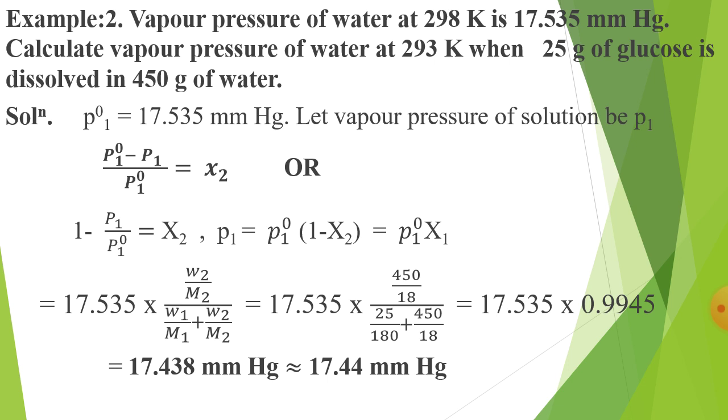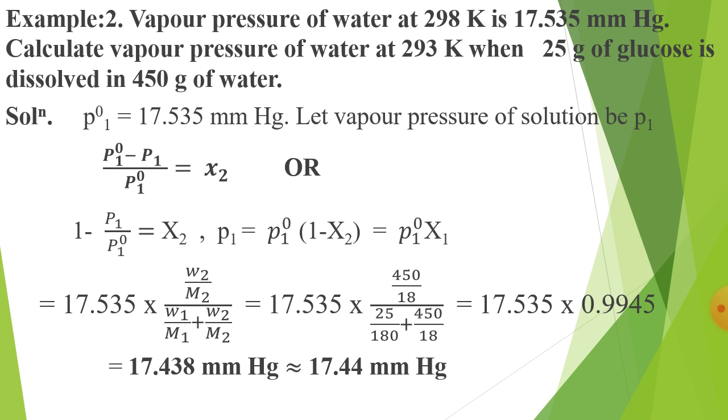Here P01, that is the pure vapor pressure, is given as 17.535 mmHg. Let the vapor pressure of the solution be P1. By applying the relative lowering of vapor pressure formula, (P01 minus P1) divided by P01 equal to x2. We write it like this: 1 minus P1 divided by P01 equal to x2. Here P1 equal to P01 times (1 minus x2), equal to P01 x1. Now putting the value, P01 is given and x1 is